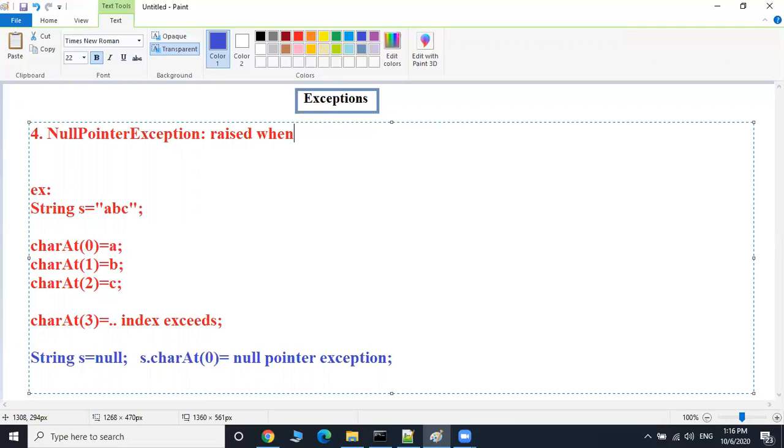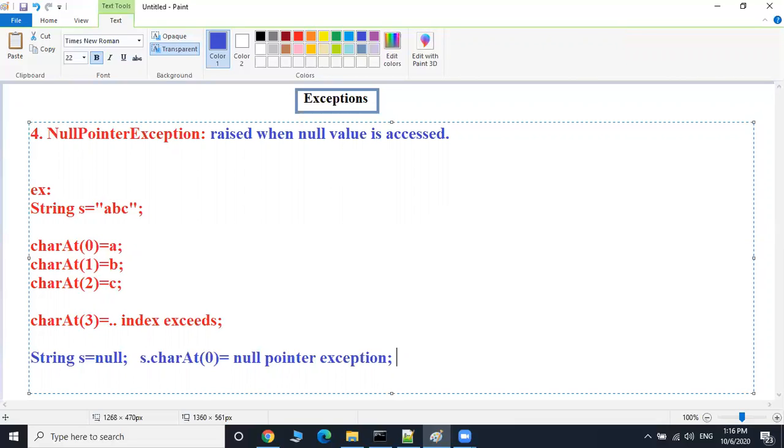When a null value is accessed, automatically this will raise an exception called null pointer exception.